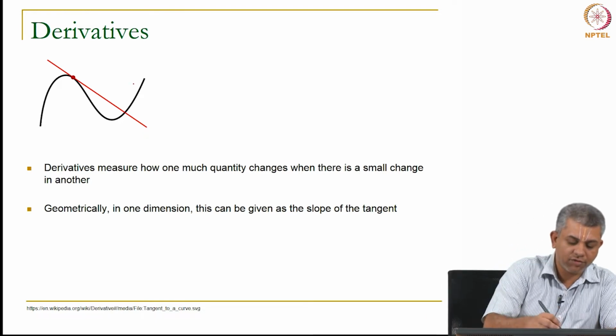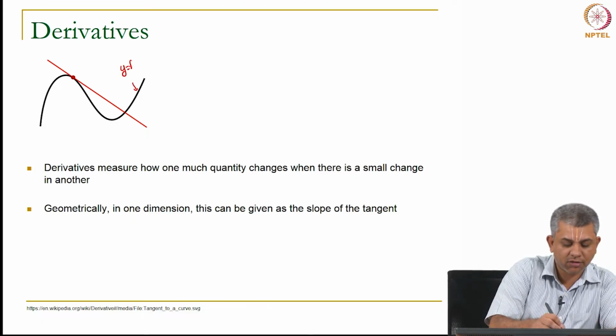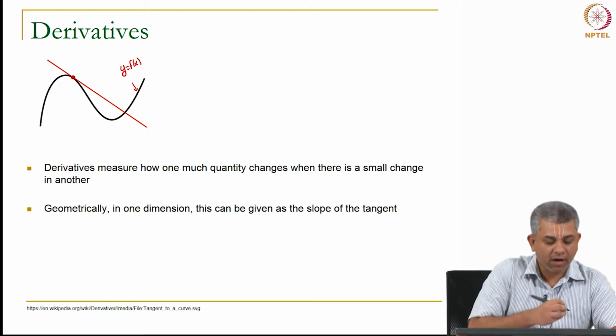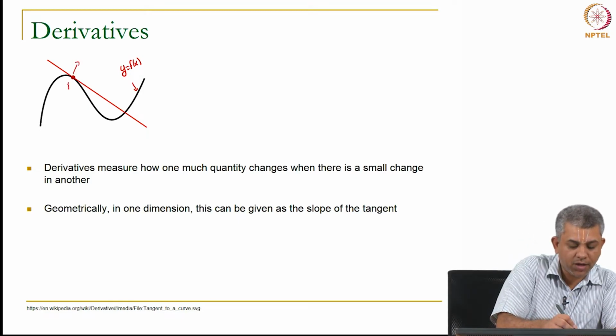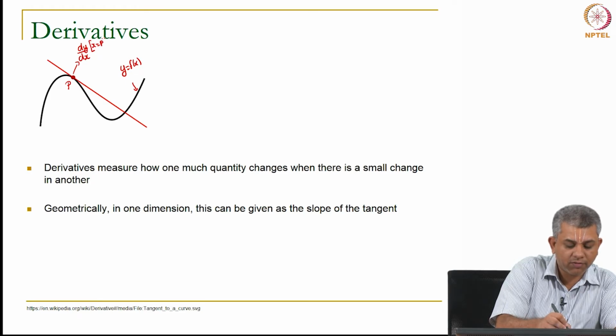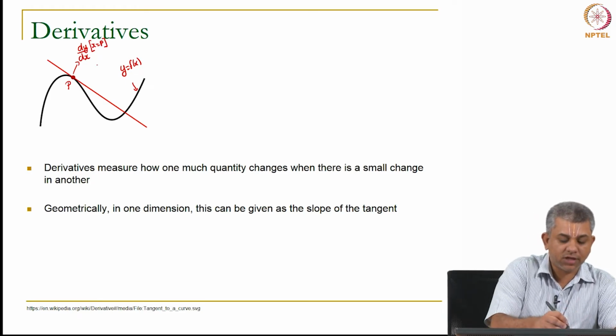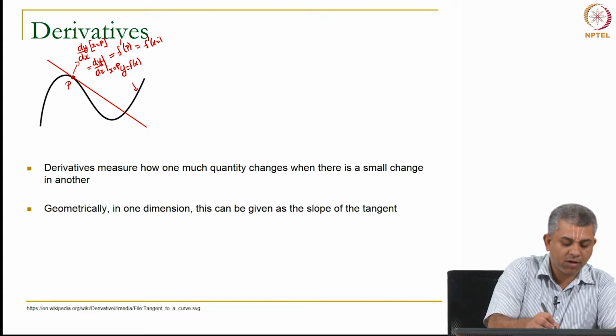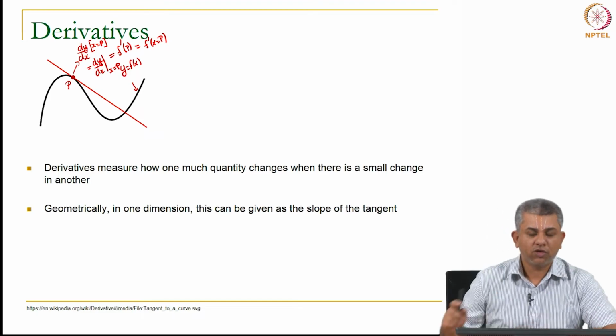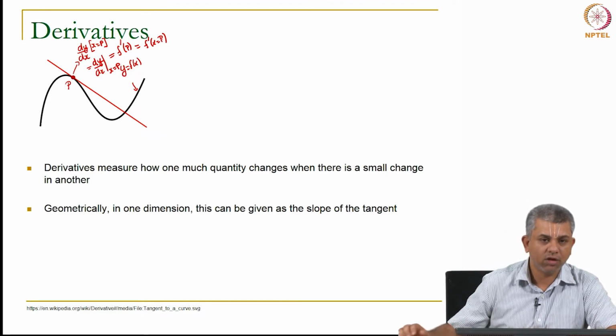Okay. So, if this is the curve y equal to f of x, then if this is the point, let us say P, if you differentiate y with respect to x at x equal to P, you will get the slope of this tangent. Of course, you can denote this as dy dx at x equal to P, or you can denote this as f prime at x equal to P. So, there are multiple ways of denoting this. You would be familiar with all of this once again from your prior experience.